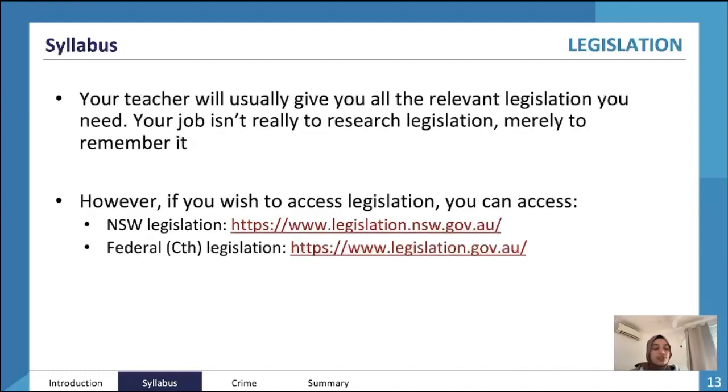All right, legislation. Your teacher will usually give you the relevant legislation. Normally I didn't really go and research more legislation. It's just the common ones that you will have. So your job isn't really to research legislation, but to memorize it and remember it,